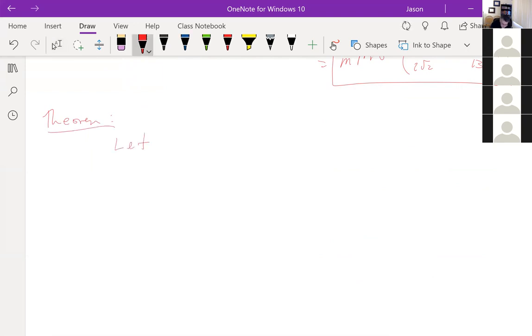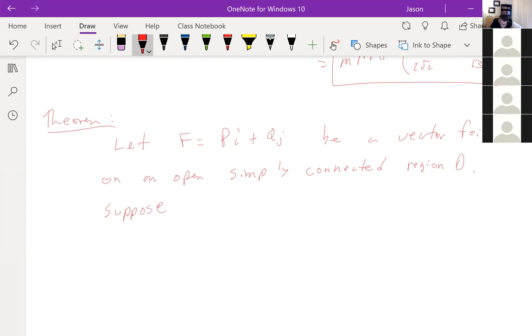Let F equal Pi plus Qj be a vector field on an open simply connected region D. Suppose P and Q have continuous first order partial derivatives,